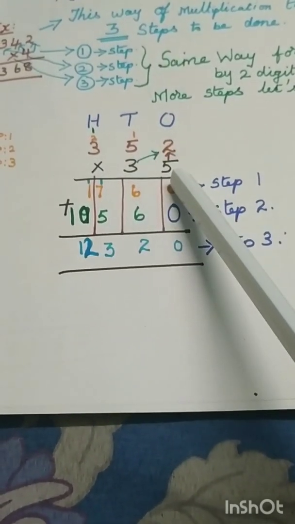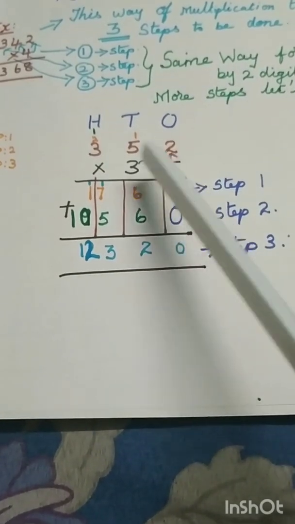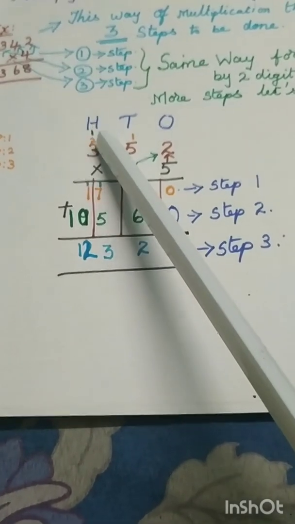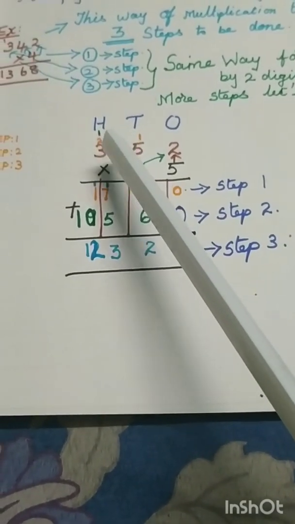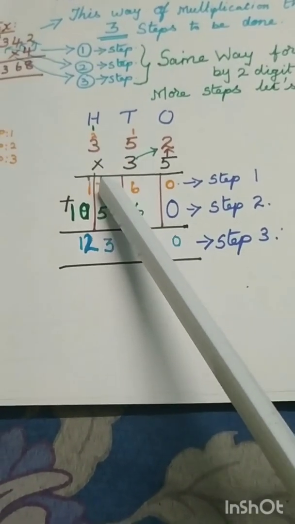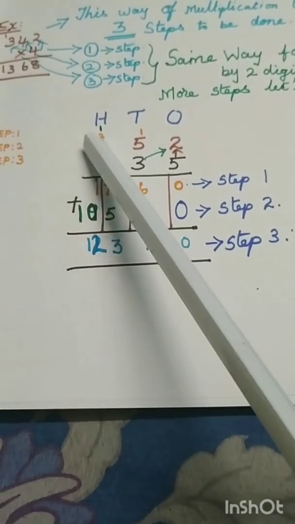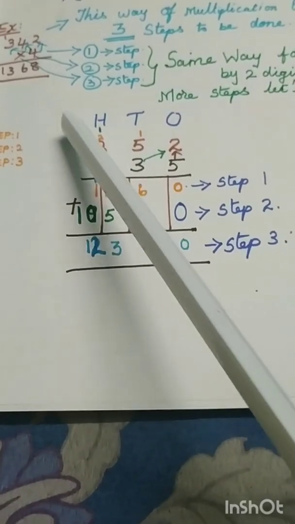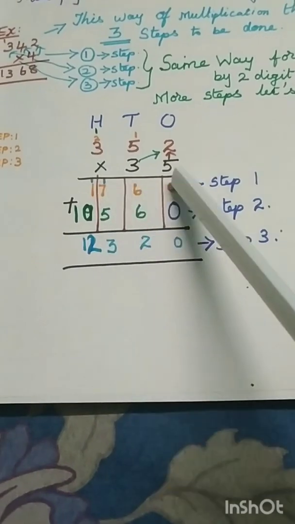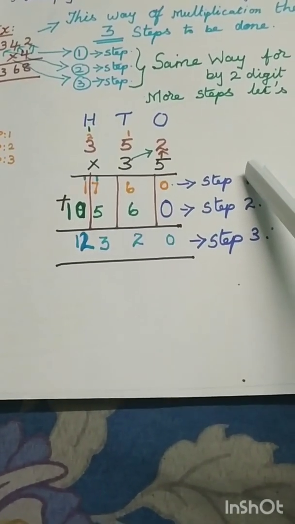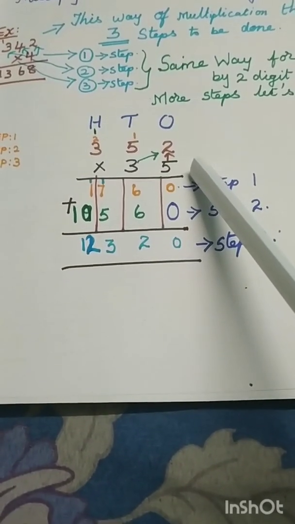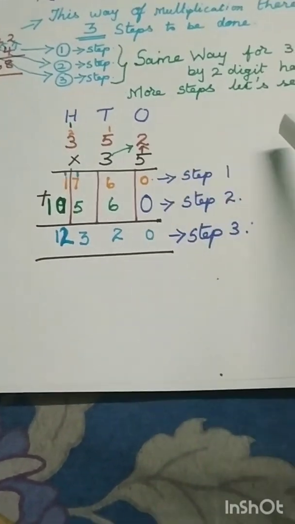Then I will go for the third step. Then 5 3s are what? 5 3s are 15. 15 plus 2, it is 17. For the hundreds place I am putting that number fully, because there is no number over here, no carry over. So I am putting the full number here. So this is over for step 1. Till now I have finished 3 steps. Understood all of you? Now let's go for the next 3 steps.